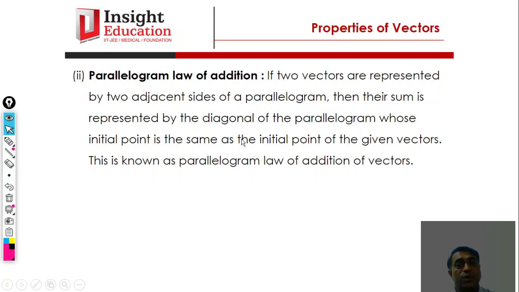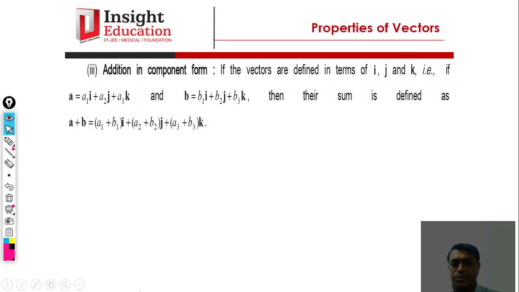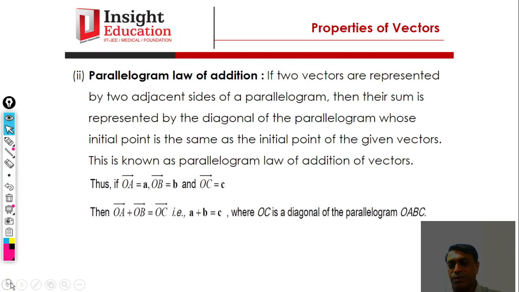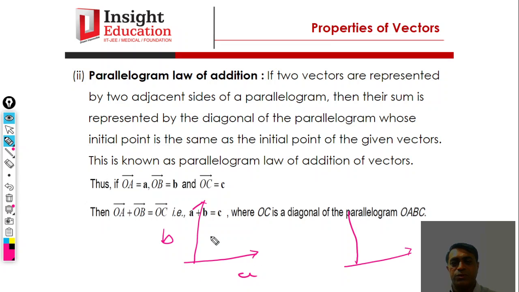Now the parallelogram law of vector addition. If two vectors are given, vector A and vector B, you can explain it with the help of a diagram. Suppose two vectors are given, vector A and vector B. If this is one side of the parallelogram and this is the second side, then for A plus B, I can shift vector B here, and this represents